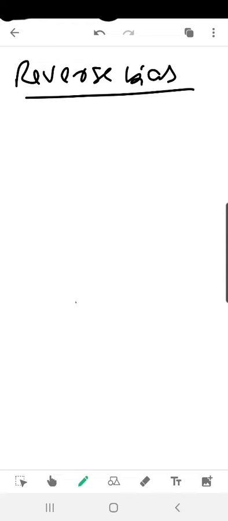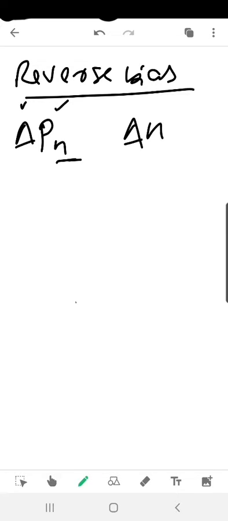When we talk about the change in concentration of holes on the N side, we say that delta Pn represents the change in concentration of holes. Delta represents change, P represents hole, and N means N side. Because we know that during reverse biasing the concentration of minority carriers is affected. So delta Pn represents the change in concentration of holes on the N side. Similarly, delta Np represents the change in concentration of electrons on the P side.